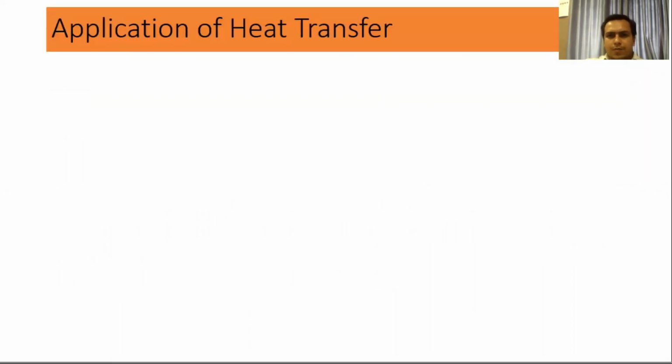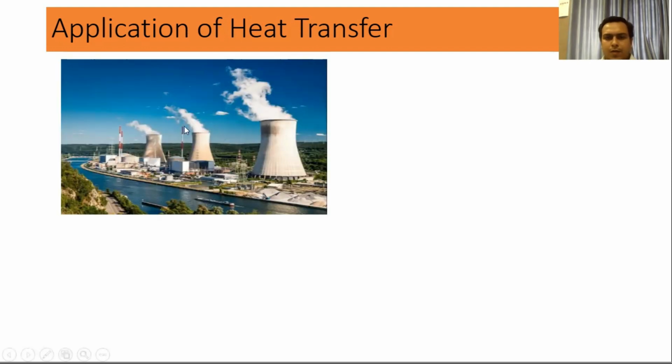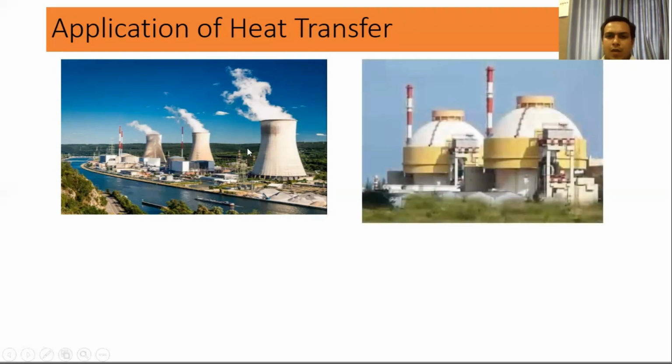Now the question arises in your mind: where is this subject applied in mechanical engineering? The first picture given here is of the power plant. If it is a thermal power plant, then definitely a boiler is required to convert water into steam, so heat transfer is associated with that. If your power plant is a nuclear power plant, then nuclear reactors are there, and in the reactor, heat exchange between water and the nuclear products will take place.